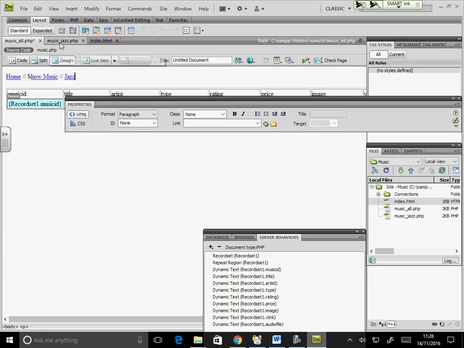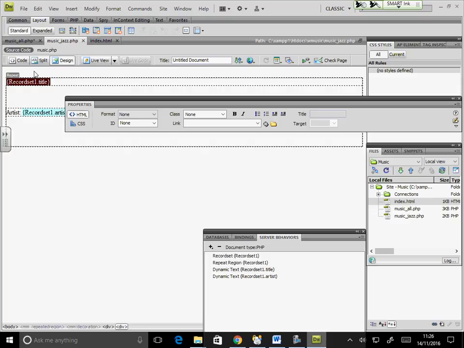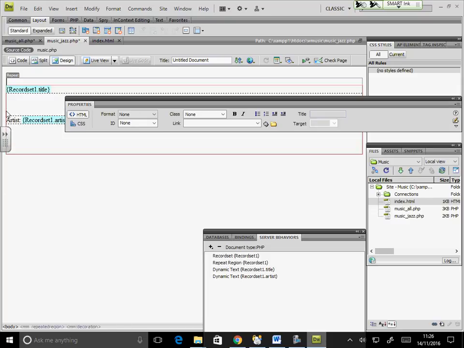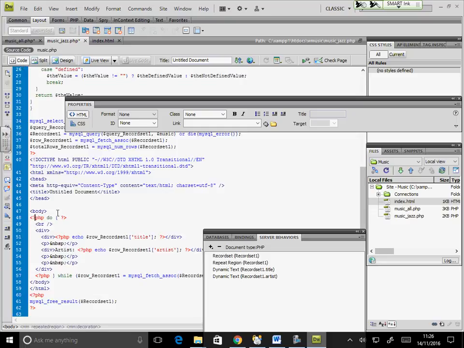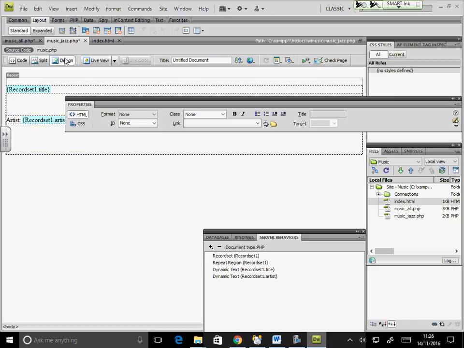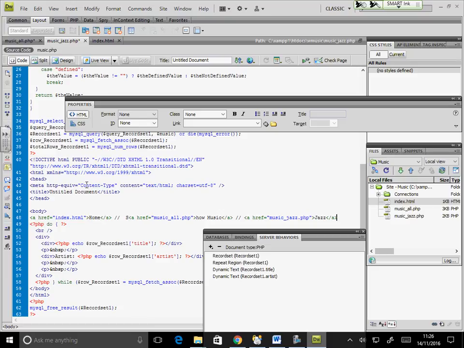Go to my music jazz. I need to be outside that repeating thing, which is my body, in my design. I hope I'm out of that. Yeah, I am.